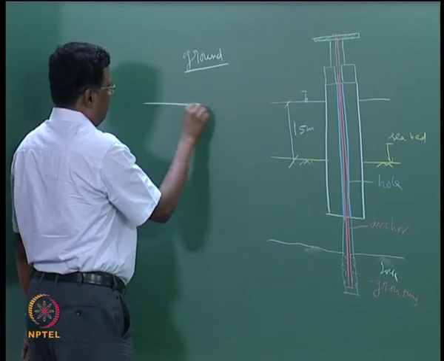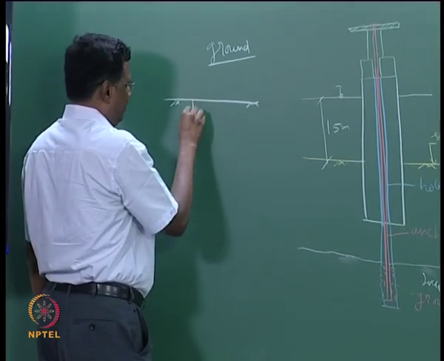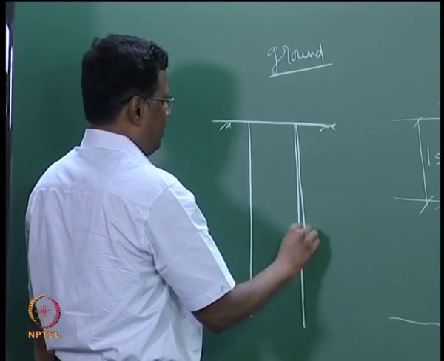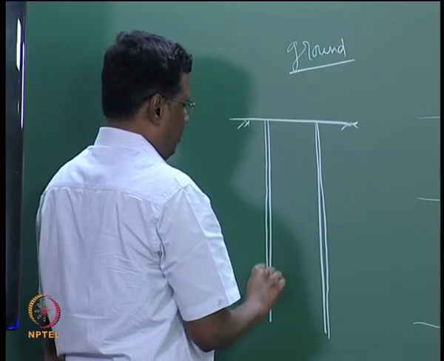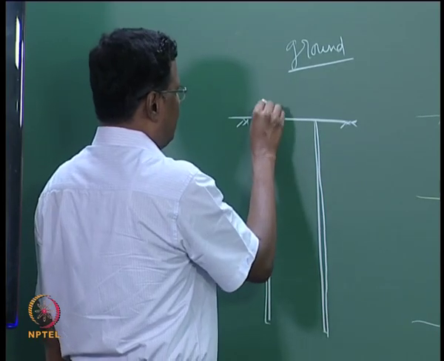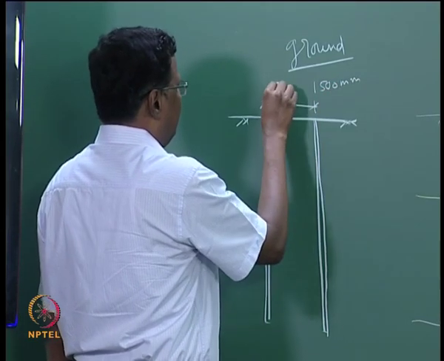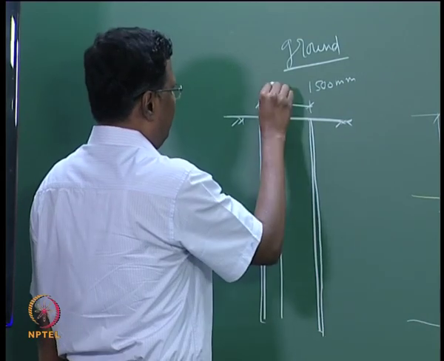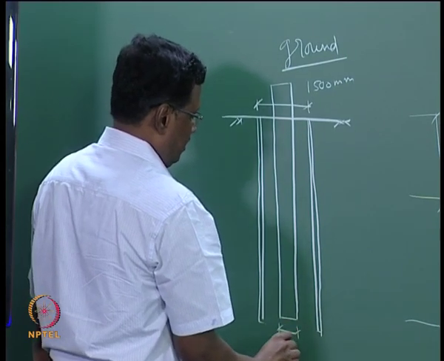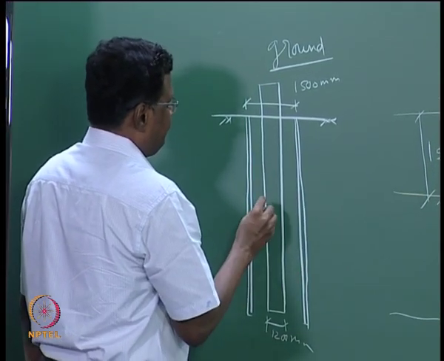See what they do is, there you will have the ground level here, no water here, then you drive one casing pipe. This casing pipe is larger in diameter than your test pile. Let us assume this diameter is about 1500 mm. Then you erect your main pile, diameter is 1200 millimeter. Then you remove the soil